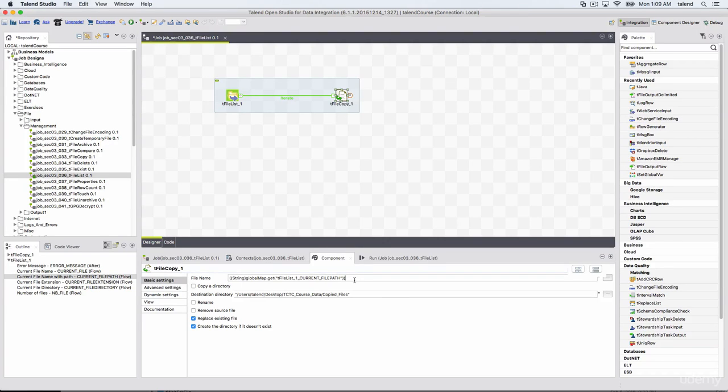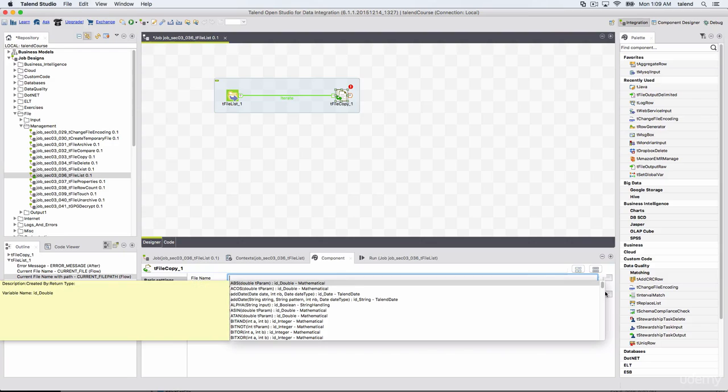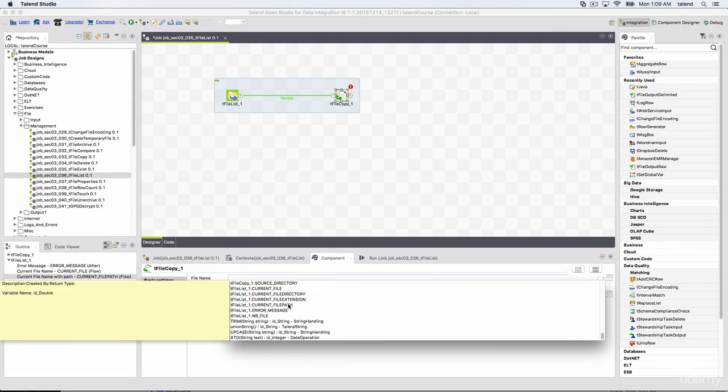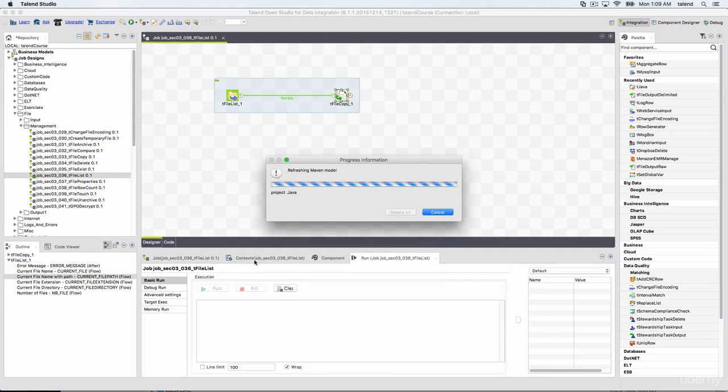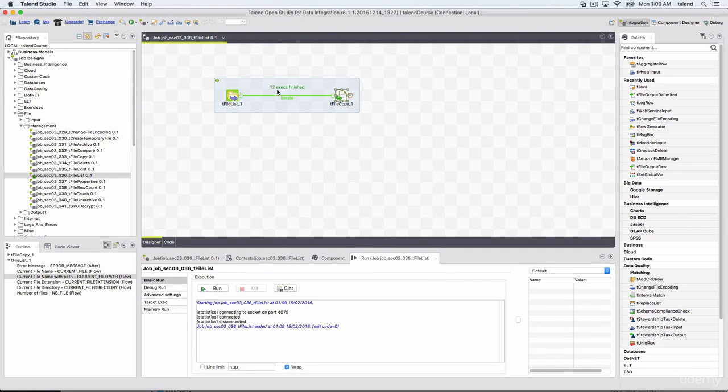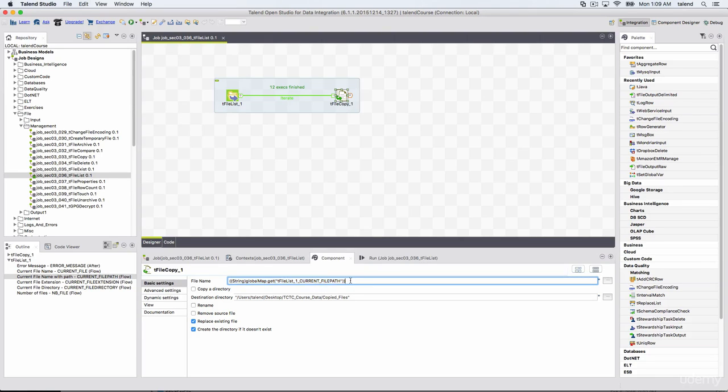So then we use that here, 2 methods, 3 methods actually. You can just type it as you want, or you can press Ctrl+Space, you will get the list, and select it from here, or the easiest method, drag and drop. Let's run this. It should copy all the 12. You can see 12 executions iterate. It iterated 12 times, which means this folder has 12 files. So it iterated 12 times to give that value for that particular file. So it copied 12 files.